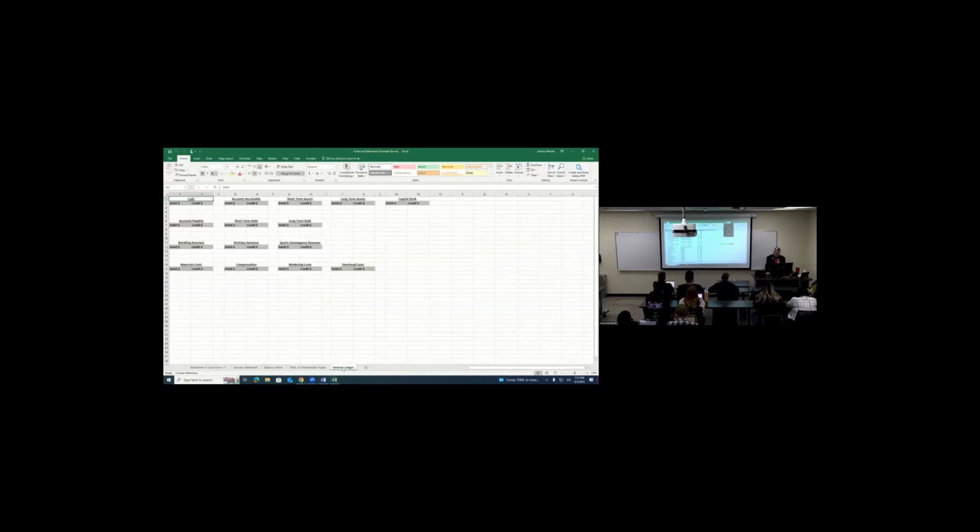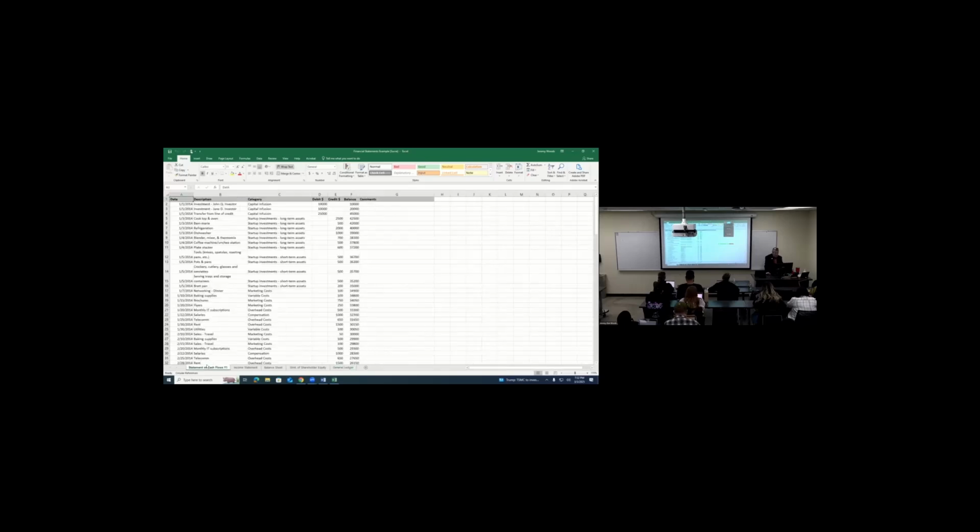So every company, whether it's a one-person small business or like Microsoft, they all have four basic types of financial statements. There's a statement of cash flows, which is basically just a list of every piece of money that went out and every piece of money that came in with a date, a description, a category, and amount. Okay. Those then get organized in what's called a general ledger. Okay. So all of the stuff that's on this list,